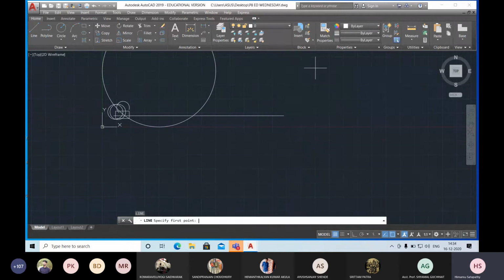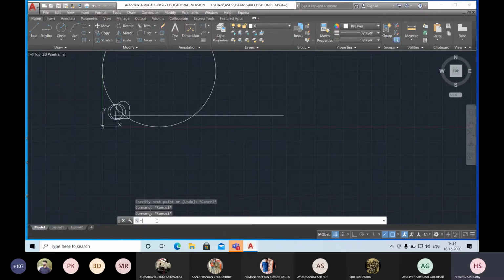When the DIN mode is 1, it is again showing the x coordinate, y coordinate only. DIN mode, enter 1. Now you will go to the line command, you can see only x coordinate, y coordinate. Now it is not showing any angle or length anywhere. So you can check this one. So DIN mode 1, 2, 3. So we need DIN mode 3 when you don't have any coordinates.